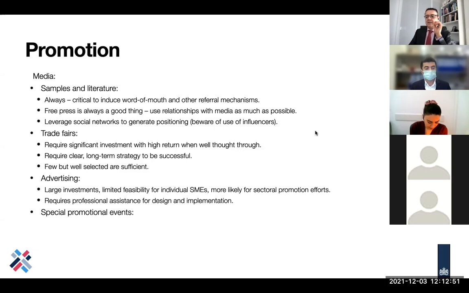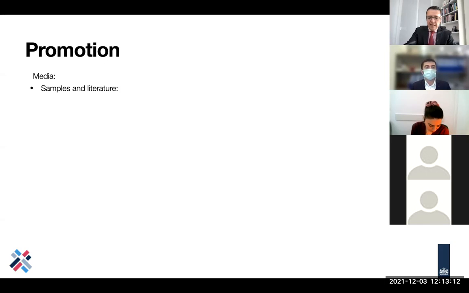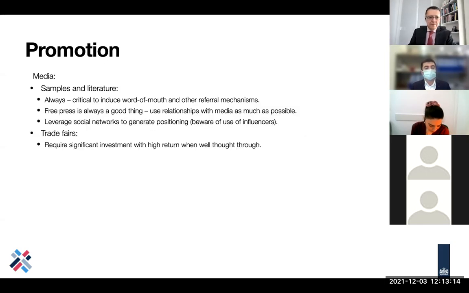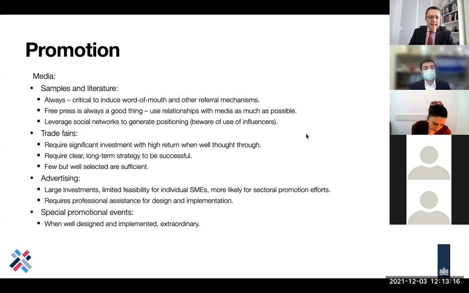And there's also a demand for special promotional events. So if instead of investing the $250 million that I've just mentioned on the 30-second spot in the US Super Bowl, if we did something like